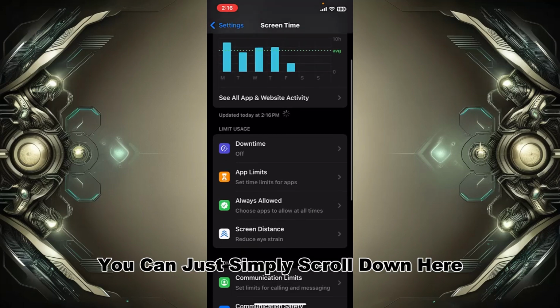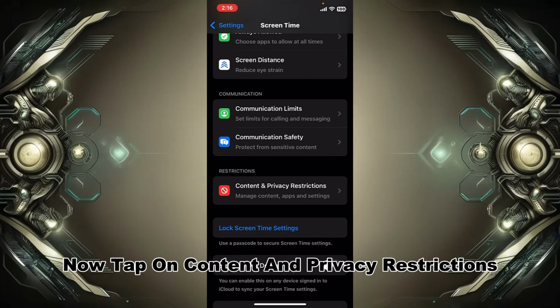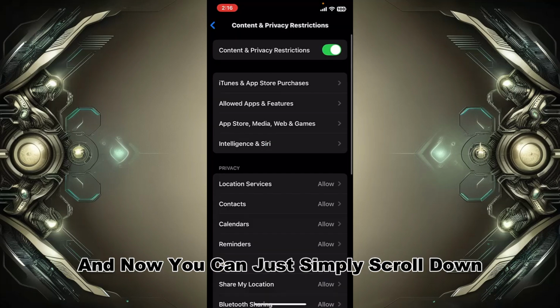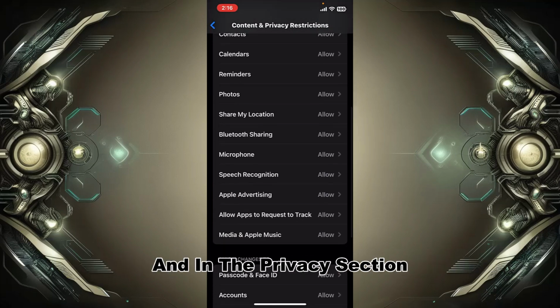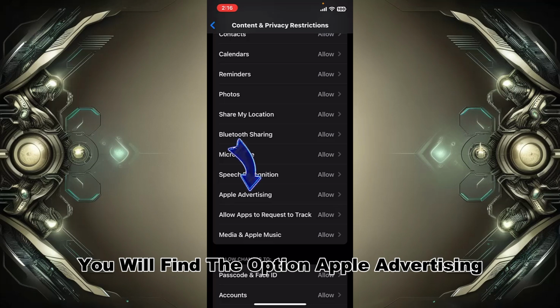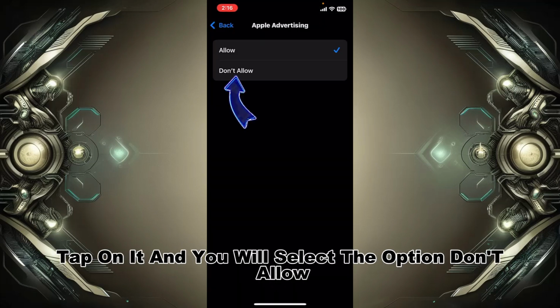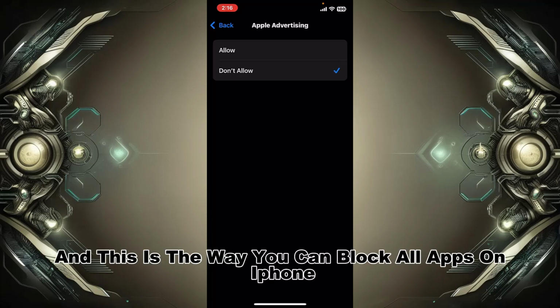Simply scroll down here. Now tap on Content and Privacy Restrictions, and scroll down, and in the Privacy section you will find the option Apple Advertising. Tap on it and select the option Don't Allow, and this is the way you can block all